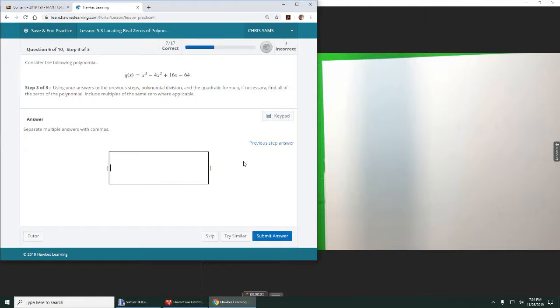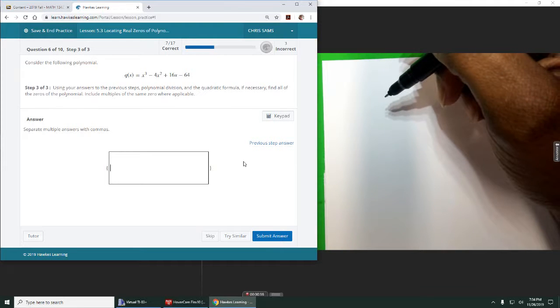All right, part 3 on number 6. We want to use the answers from the previous step with polynomial division, quadratic formula, if necessary, to find all the zeros of the polynomial. Okay, so what we learned is